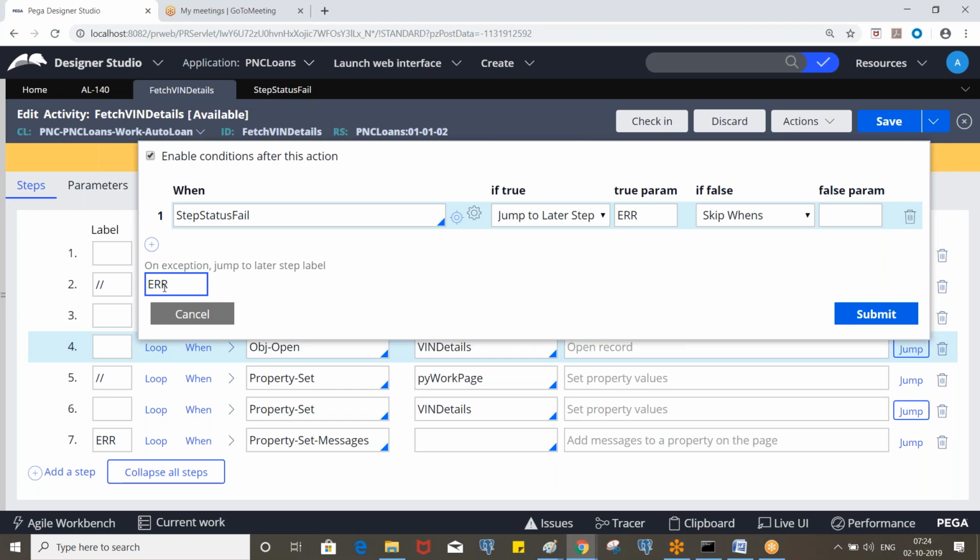If it is an error or exception, it will directly go to the jump script. But in some situations, if it is an exception and you want to display a different message, then you need to handle that. So let's say ERR1. You define a step with ERR1 and you do whatever you want, like display a different message. But generally we put the same message for both error and this one.